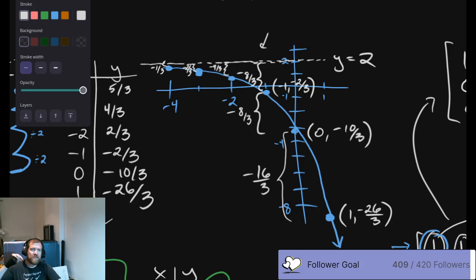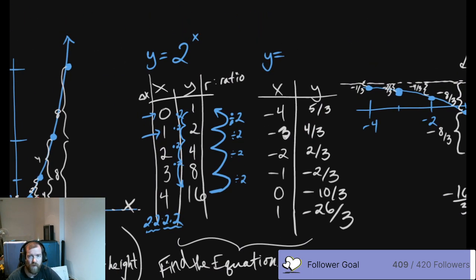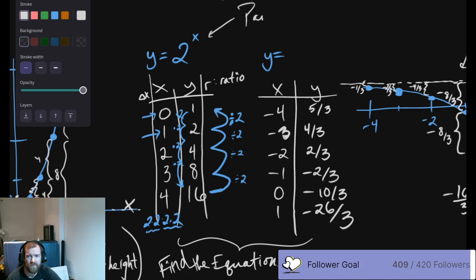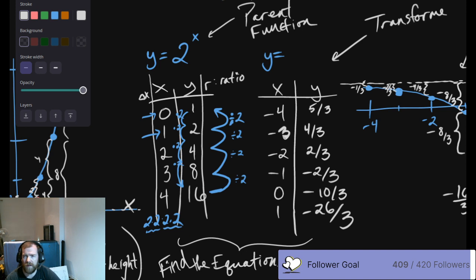The distances are what I focus on. So I keep trying to tell everybody, don't worry about the specific numbers that you get every single time, because they're always all going to be different. What the pattern is here is that the distances between these points has to be the same pattern that we had in the original. So we had our parent function. This one is going to be our transformed function.